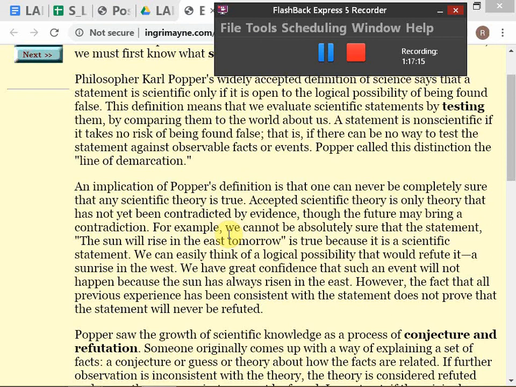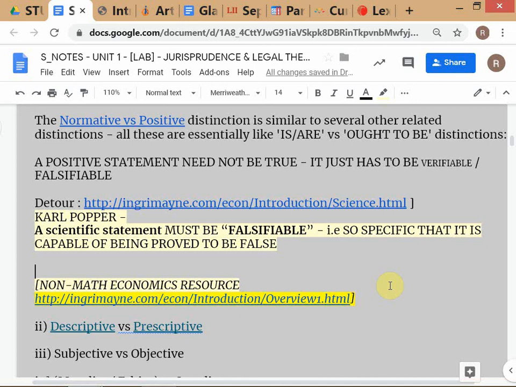So the first statement, if I make the statement that the economy will be very strong in the next quarter, is this a scientific statement? What is our test of a scientific statement? Our test of a scientific statement is that it has to be falsifiable. So if you apply that test and I tell you that the economy will be very strong in the next quarter, is that a falsifiable statement? Sir, it is not very specific. It's not very specific, so you can't falsify it.